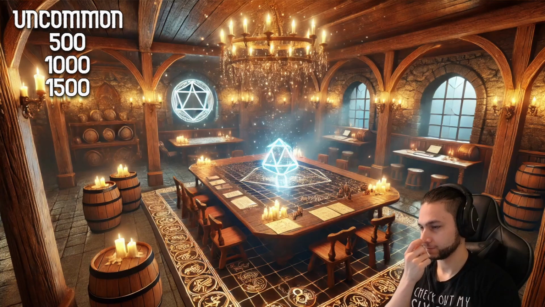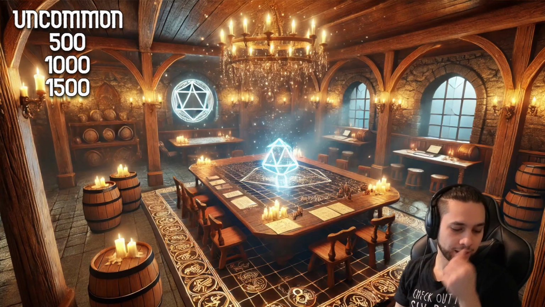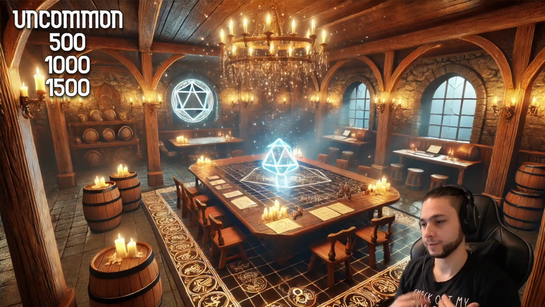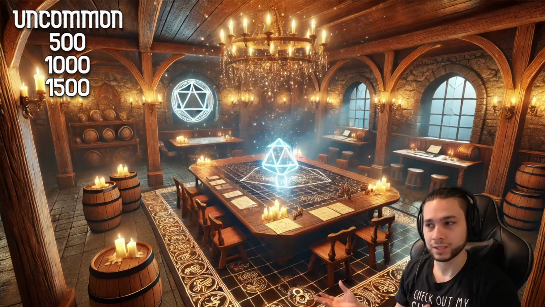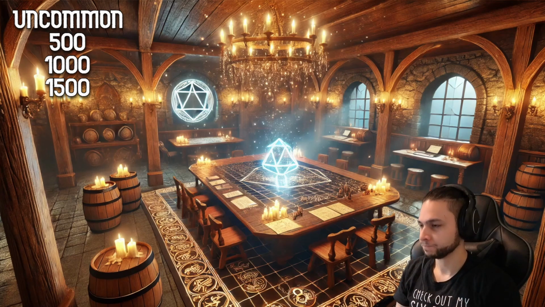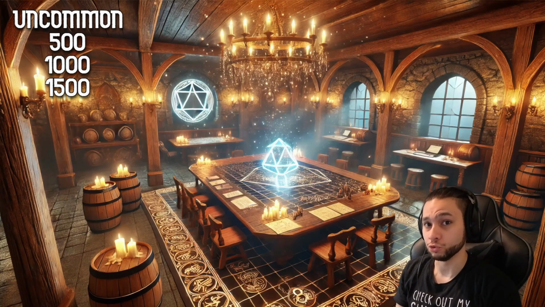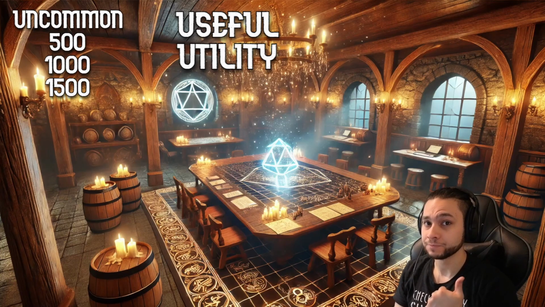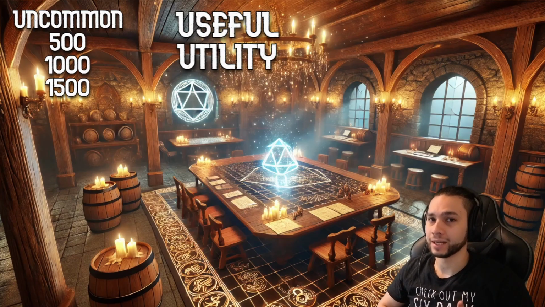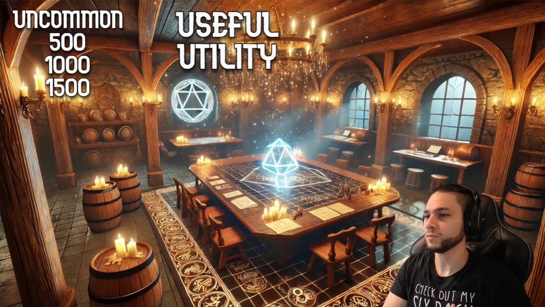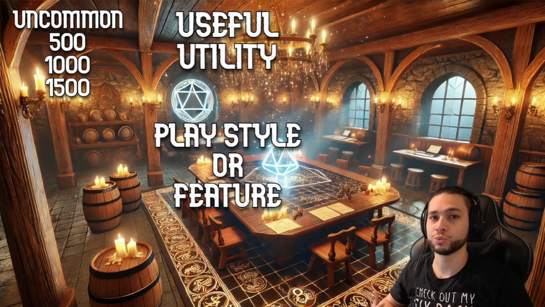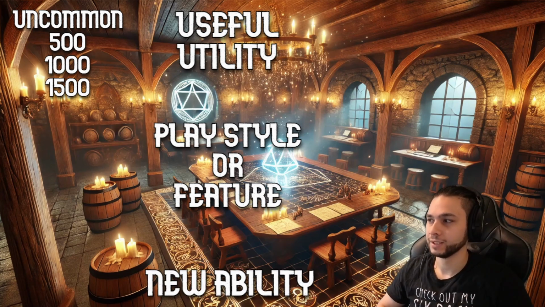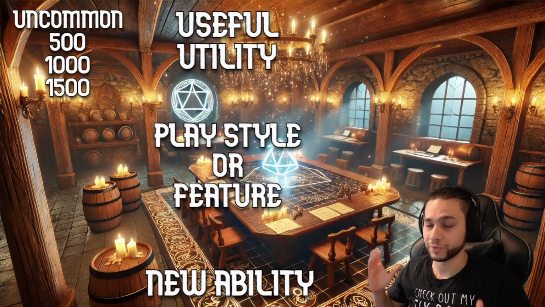My point is, uncommon items, I don't necessarily throw in as +1 weapons. I throw them in as things that have really good utility, or allow a character to push what they're good at, or give them a new ability that will work well with what they're trying to accomplish. So for example,